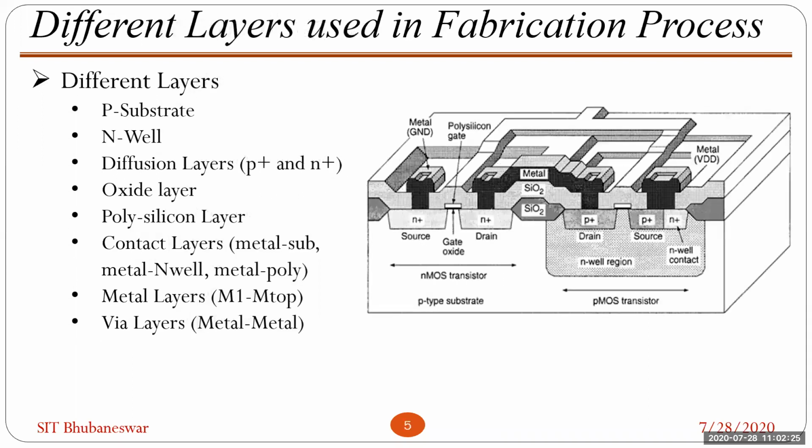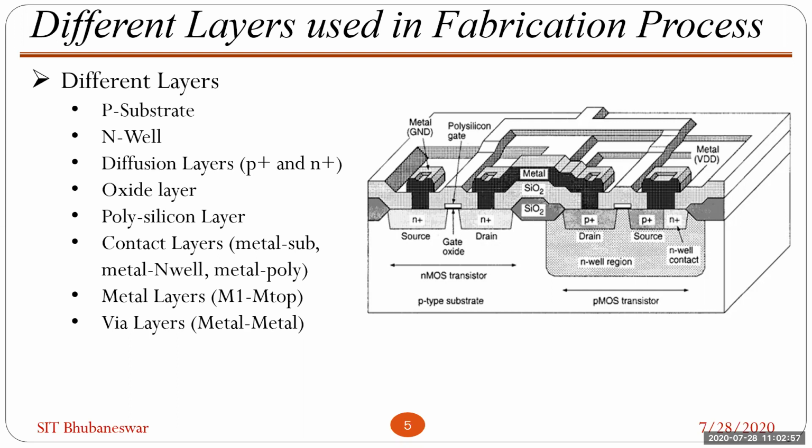And now, though it is abstract for you now, because you don't know about the fabrication process, what the silicon transistor is, how it is fabricated, what the layers are. So at least I have given a list of layers. What are the layers used in a transistor? To fabricate a transistor, what are the layers? So you can see on the left side different layers.